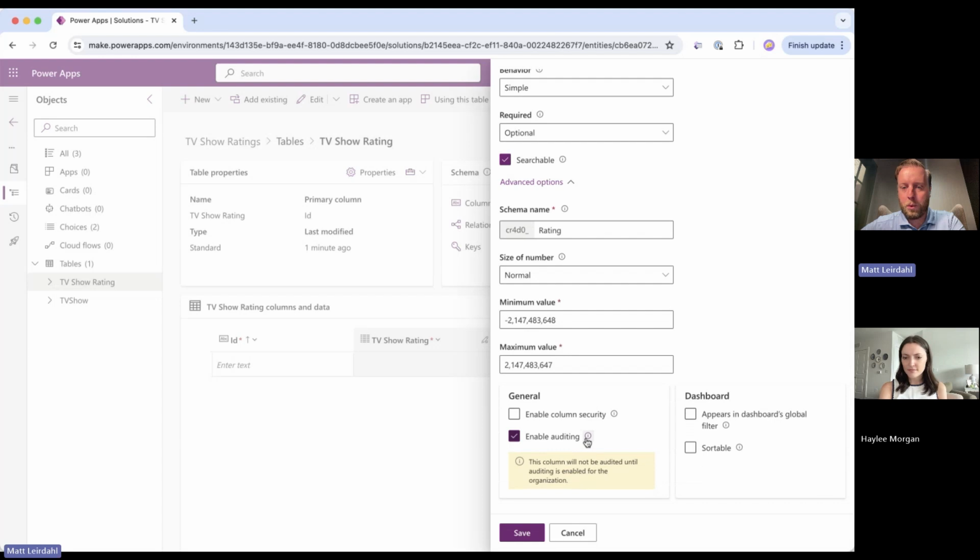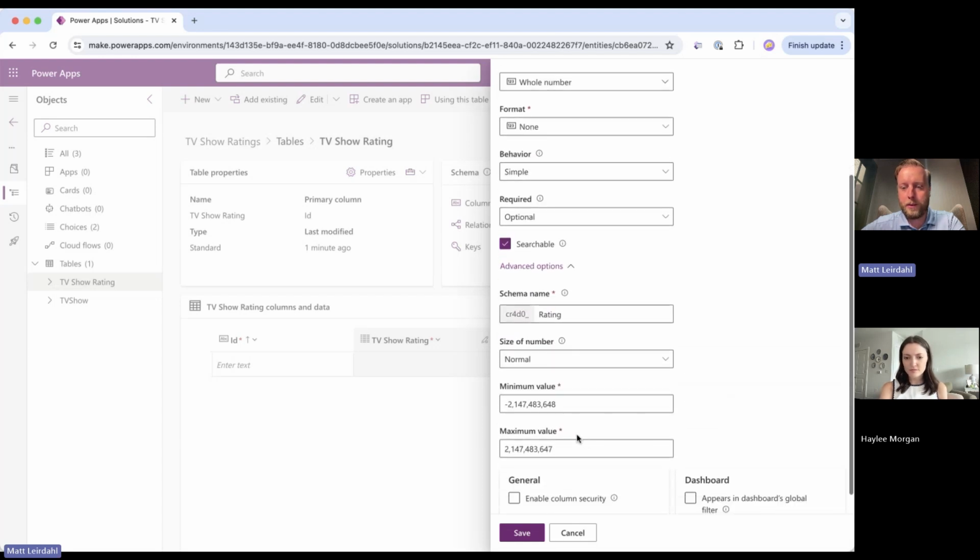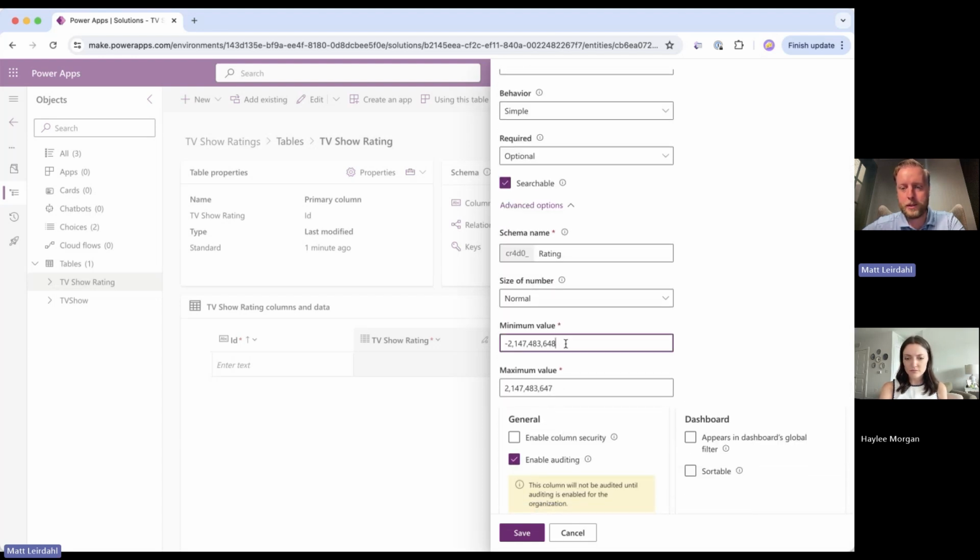All right, and then what we'll want to do here is because we're rating it, we want it to be 1 through 5. We're going to set the minimums and maximums. So we'll say the minimum value we can put in is 0, and the maximum we can put in is 5. So that whenever I try to enter like a -1 or a 6, it'll basically give me an error saying, hey, you need to be between 0 and